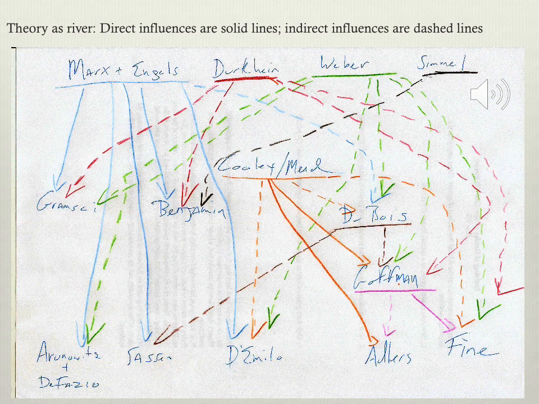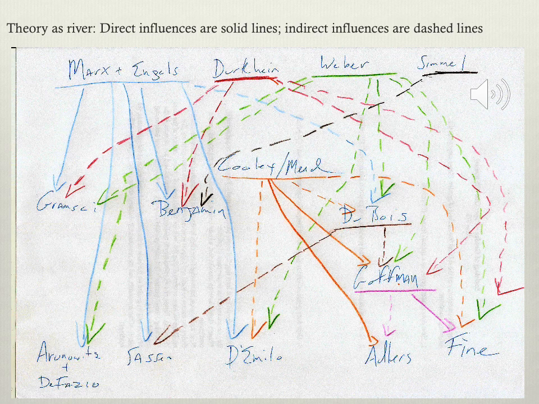And then just to jump around a little bit, you can see Du Bois influenced Goffman in terms of that negative social status, but you also see Du Bois influencing Sassen, and that was the community sociology focus that you saw in Sassen's work. Although Sassen is a neo-Marxist, directly influenced by Marx and Engels, you do see that indirect influence by Du Bois.